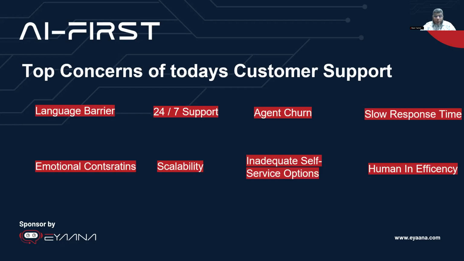24/7 support is another thing. Agent churn is another thing, definitely the human agent churn. Slow response time, emotional constraint both from the customers and from the agents. Scalability is another issue, something like Gitex around the corner, and definitely some of the business scalable